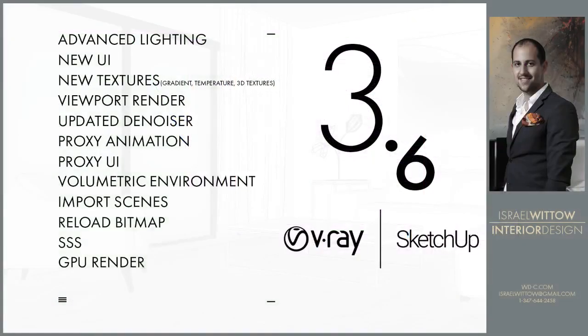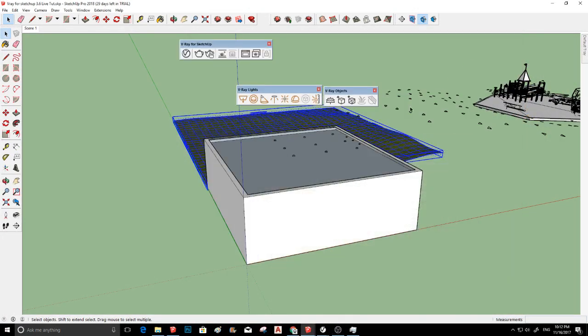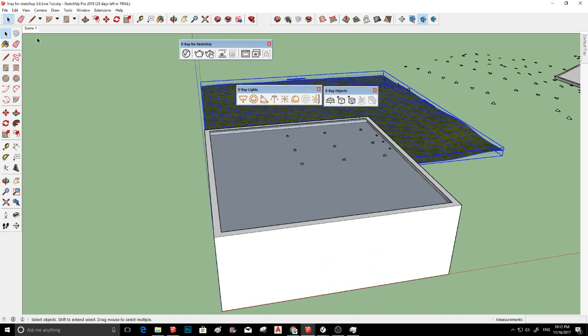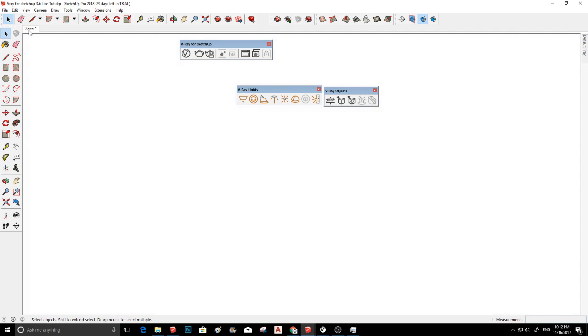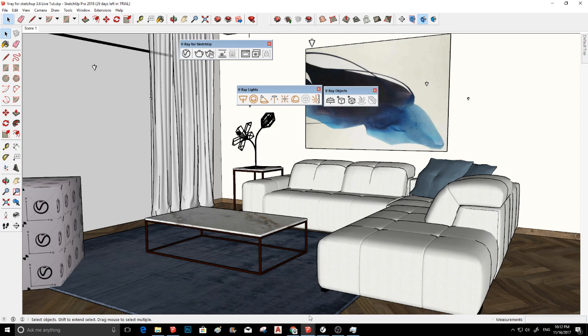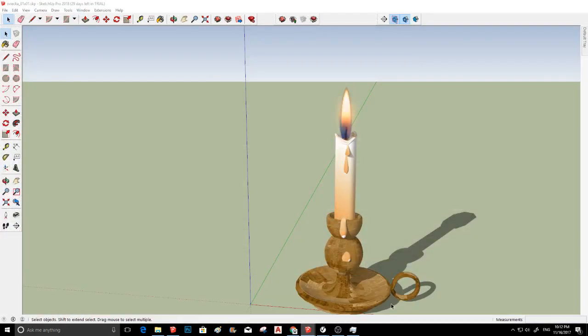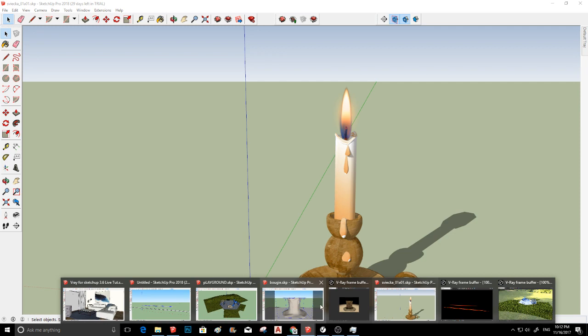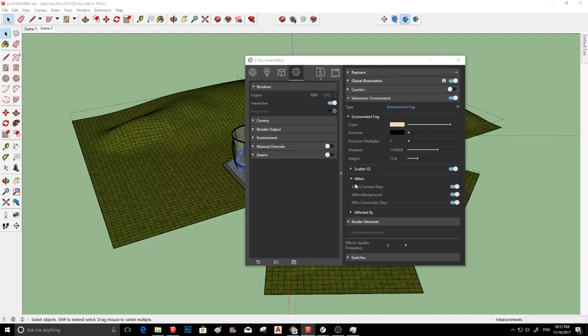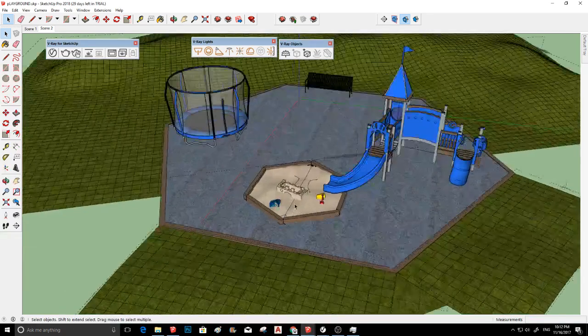Back to our deck, we talked about the import scene and reload bitmap. So reload bitmap, we talked about it in the last video on the tutorial, and that's something that happens sometimes on V-Ray, that if you download models from the internet or something like that. Let's take this for example. This is a really bad model, but whatever. No, I think in the park I had a good example. So here on the park,